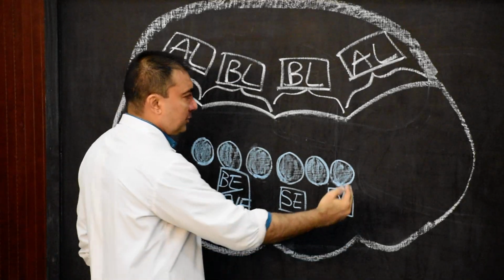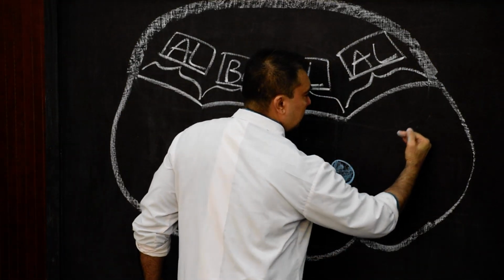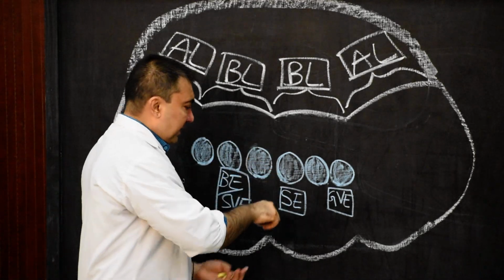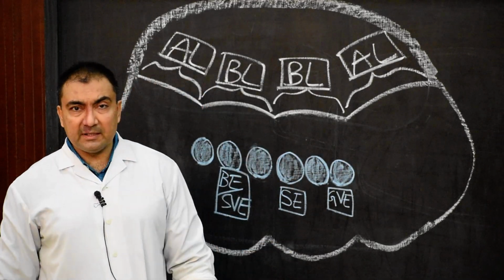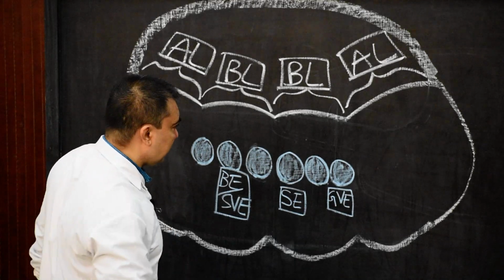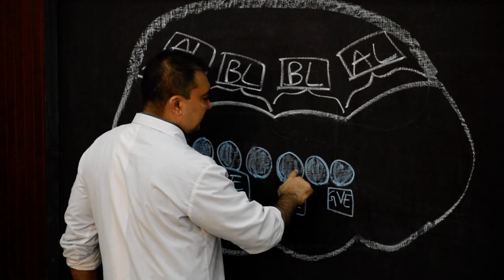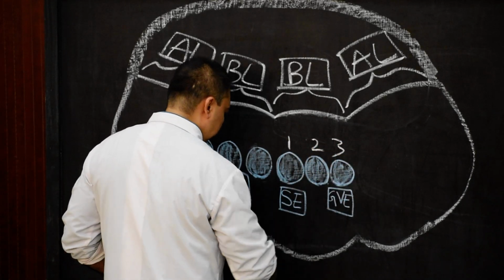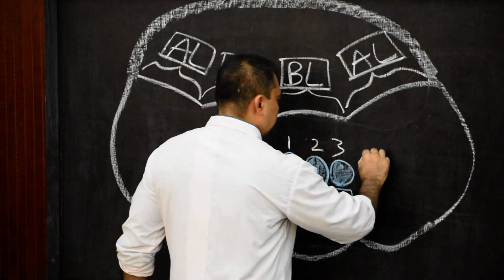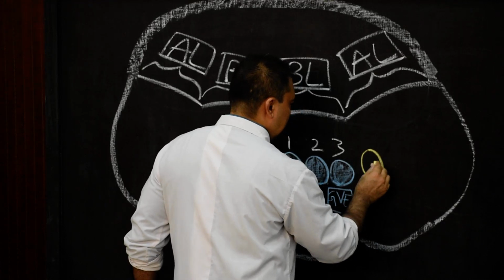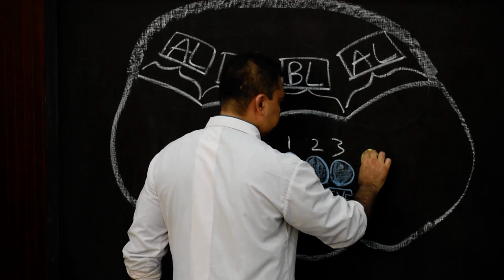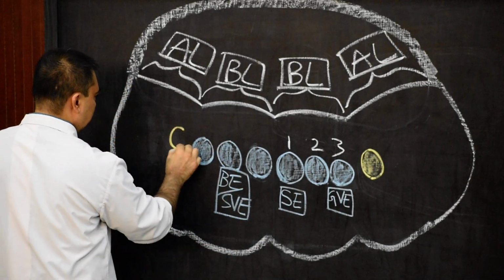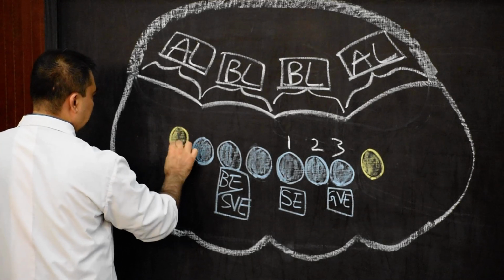Now these functional components will go from ventral to dorsal, because the alar lamina is slightly elevated laterally. So we name the functional components present in the alar lamina from ventral to dorsal. If we continue with the numbering, 1, 2, 3, then the 4th one. The 4th one, starting from ventral to dorsal, will be known as the general visceral afferent.